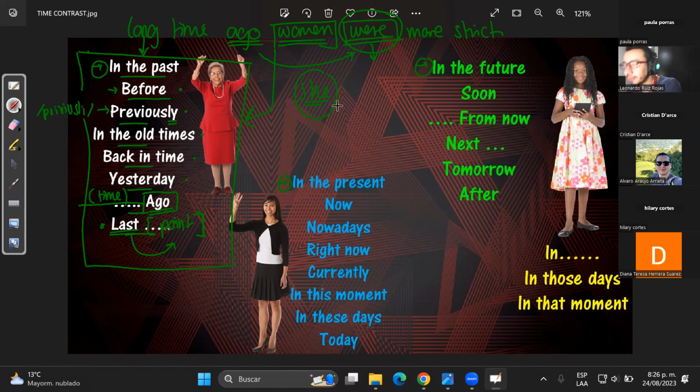Ok, es decir que yo no puedo poner long time ago woman is, porque estoy diciendo que hace un tiempo, ¿cómo voy a decir que es? Exactly, muy bien. The time expression is going to determine the verb. La expresión de tiempo me determina el verbo. ¿Listo? Muy bien. Teacher, Álvaro, ¿tenías una pregunta? Ajá, ok. Álvaro.